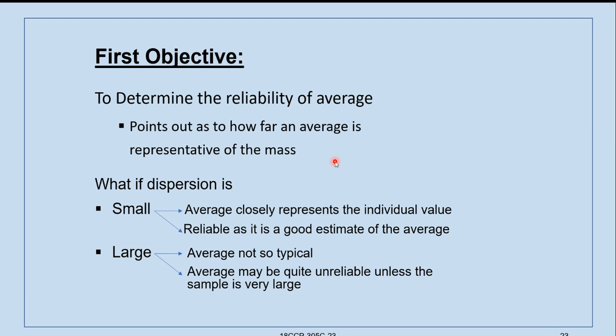If the sample is very large, that means some 200 numbers are taken and the difference is between these 200 numbers, then you may not be finding much dispersion. But if you are taking a small group of numbers and taking average where there is variation, then it will matter.